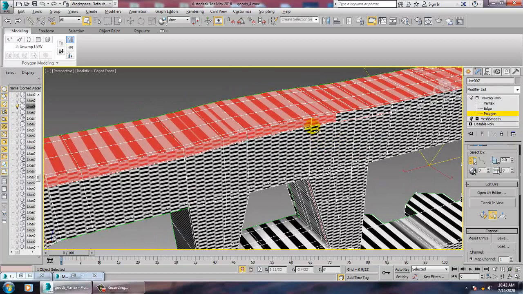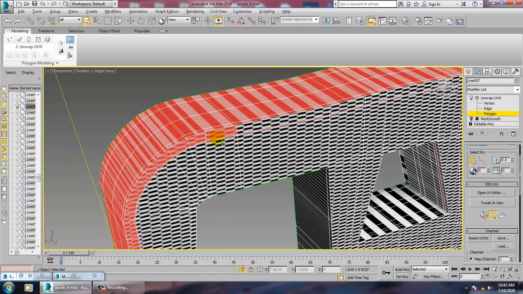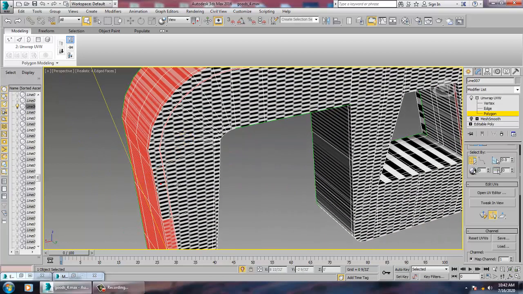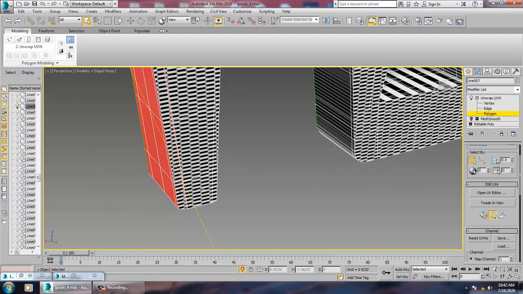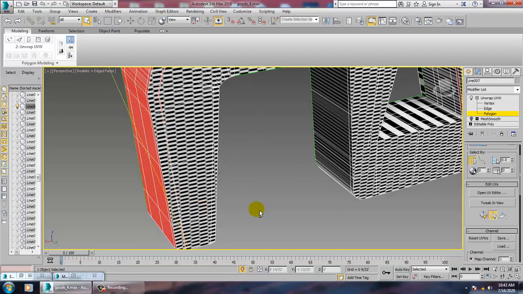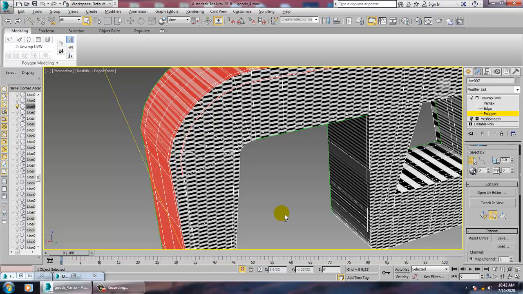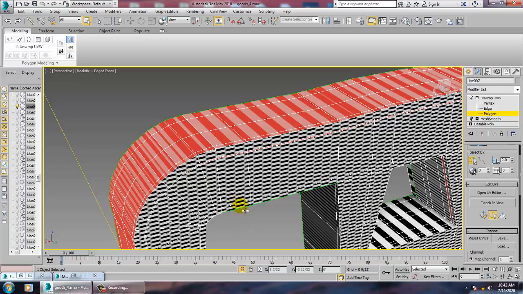What I'm doing right now is just excluding this. It will take time. So just exclude this stuff. Make sure none of it is remaining.